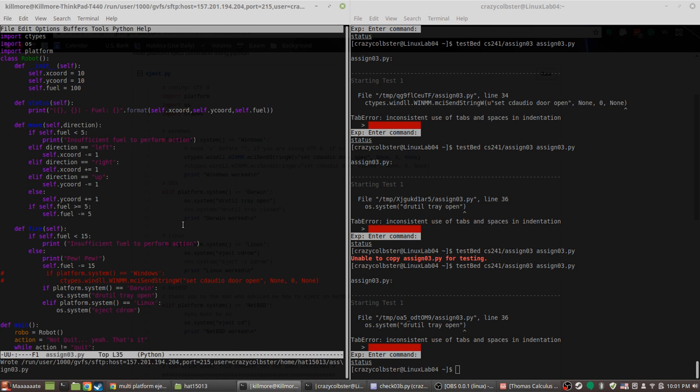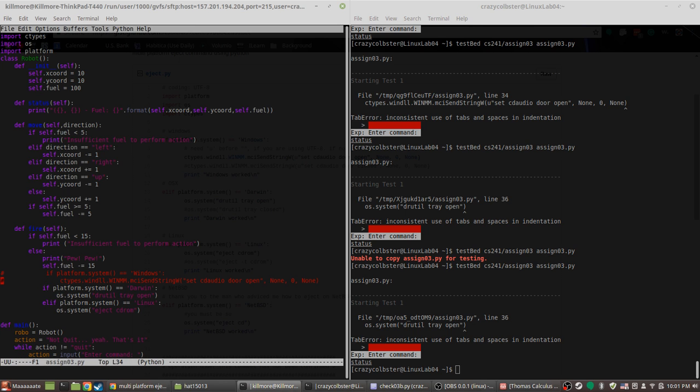Oh, maybe my issue was actually the Mac one. Line 36, inconsistent use of tabs and spaces.